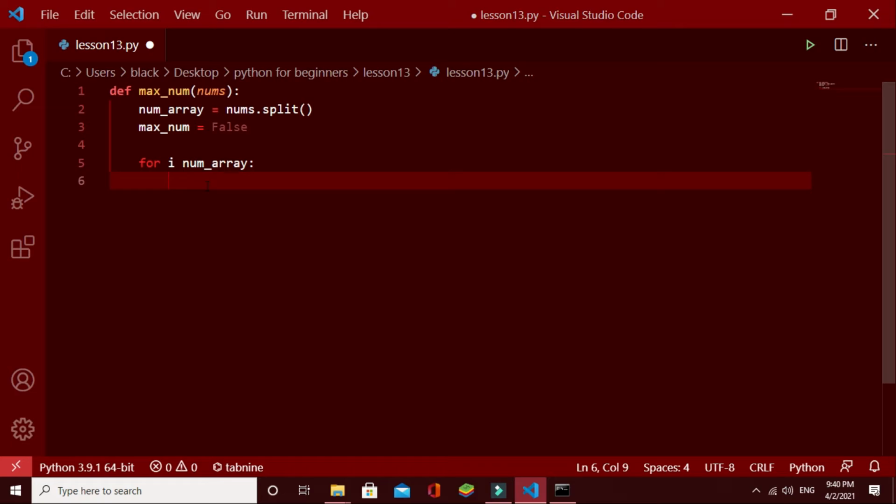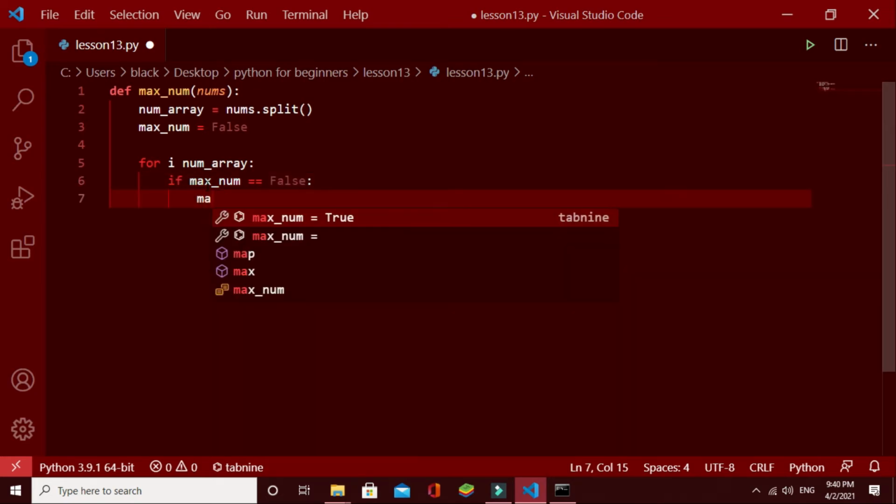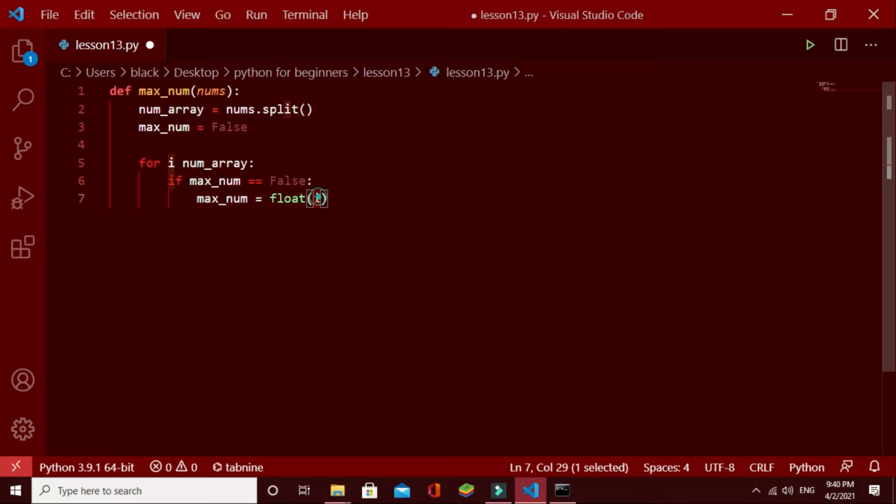So we write like this: if max num equals false, max num equals float i. This i is the value we are currently running, and this happens when the program runs the first time.